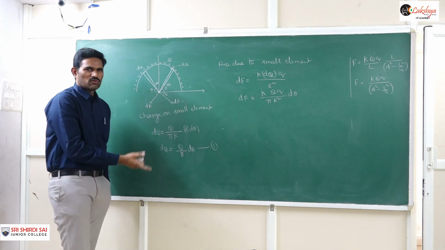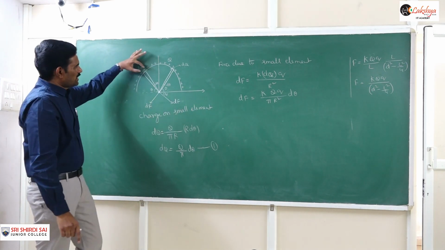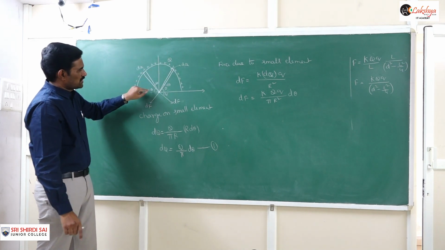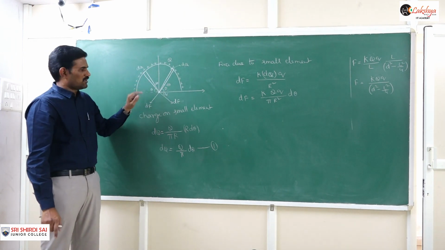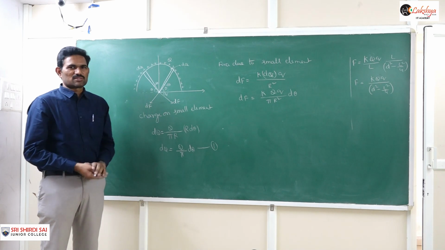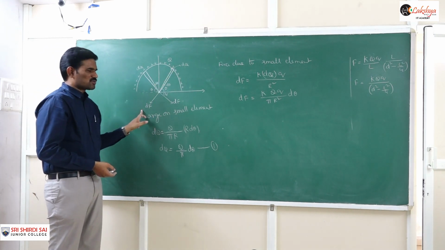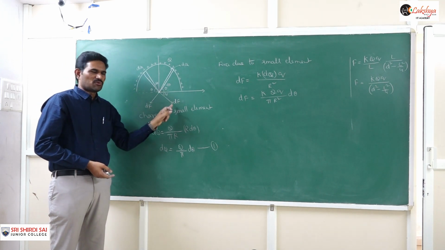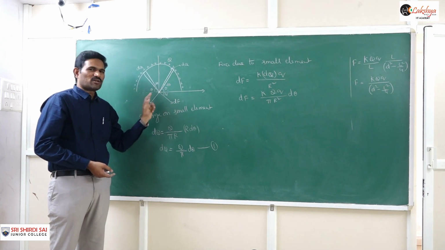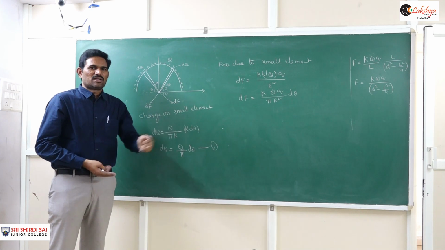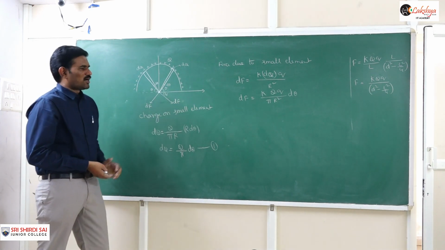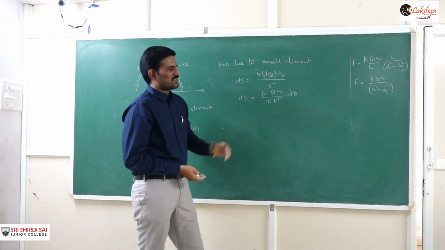Right, the same amount of force will be there because we are taking an identical element dq and dq, that means at the same angle theta and theta. And so now that force will be along this direction. Because this element is producing the force along this direction and this element is producing the force along this direction, different elements are producing the force in different directions, right? And so you can't integrate this equation directly.